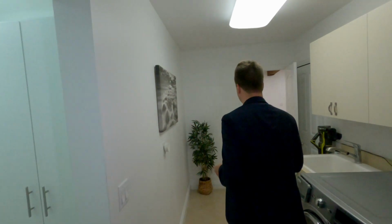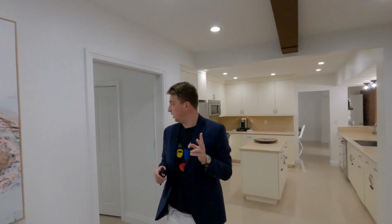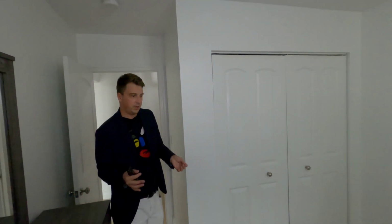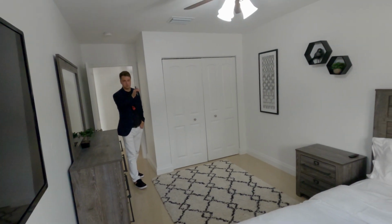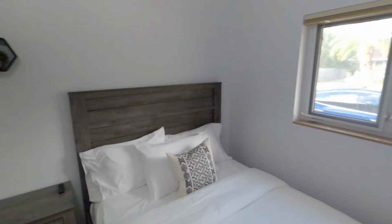2 more bedrooms. Go this way. So last 2 bedrooms located immediately after you enter the house. So we enter the house, we went to the left, we enter the house, now we go to the right. And here we have 2 bedrooms, which are perfect for nanny, staff, or guests. In this room, you have good size bedroom, closet, window, which looks outside to the front yard. And then if we go to the next bedroom,